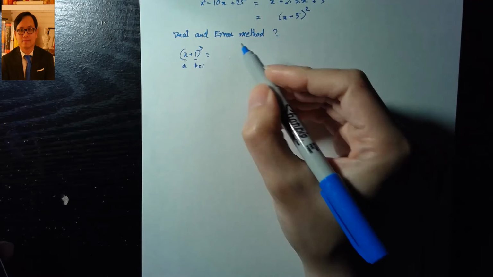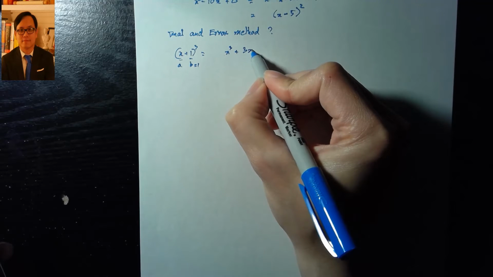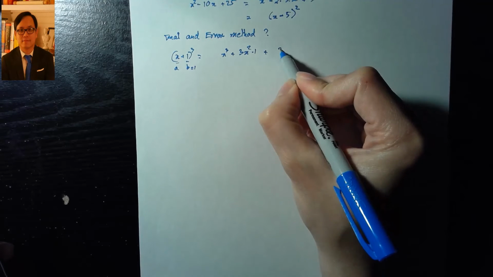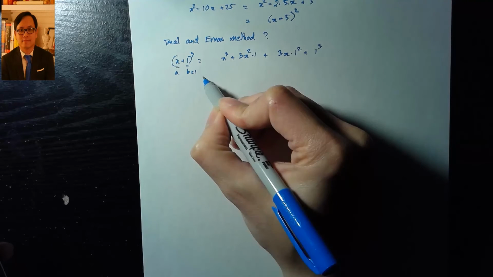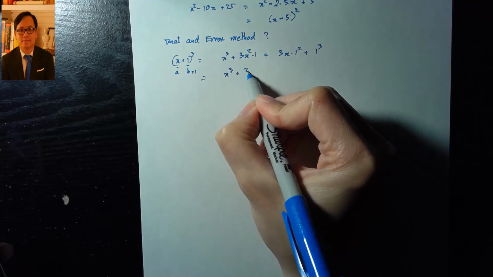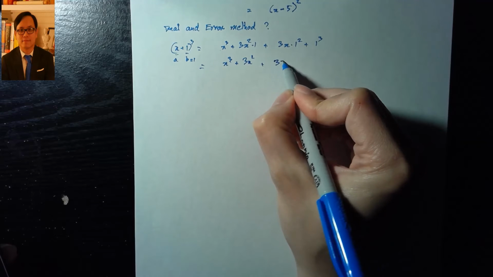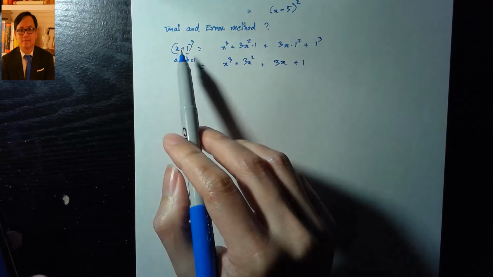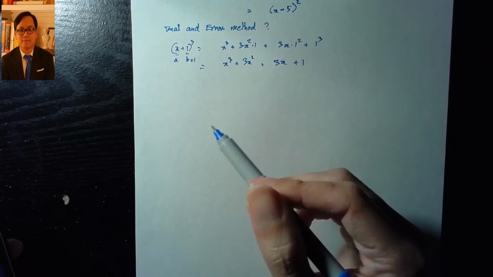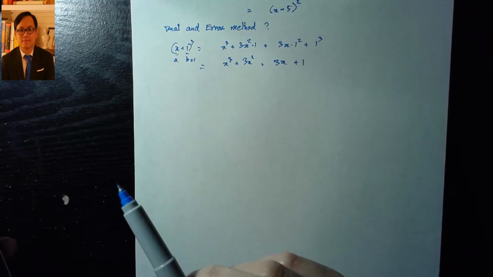So it becomes x cubed plus 3x squared times 1 plus 3x times 1 squared plus 1 cubed. So I can simplify it as x cubed plus 3x squared plus 3x plus 1. So I can apply the formula to expand this expression easily, right? Instead of writing x plus 1 times x plus 1 times x plus 1 and starting to distribute,